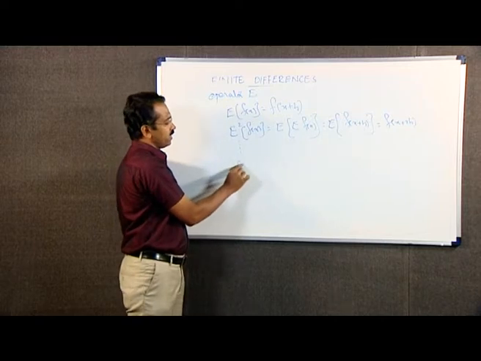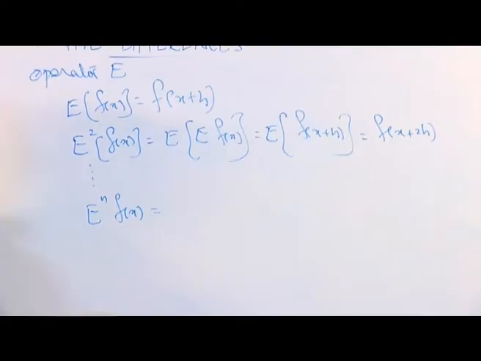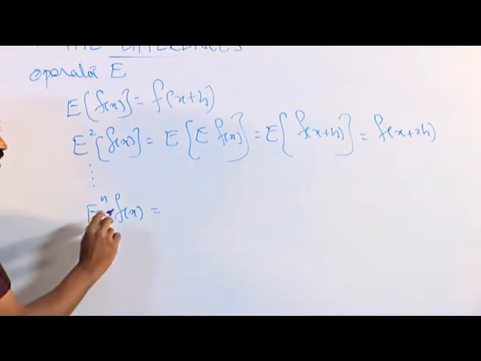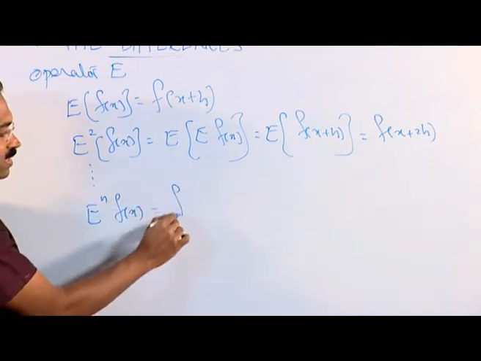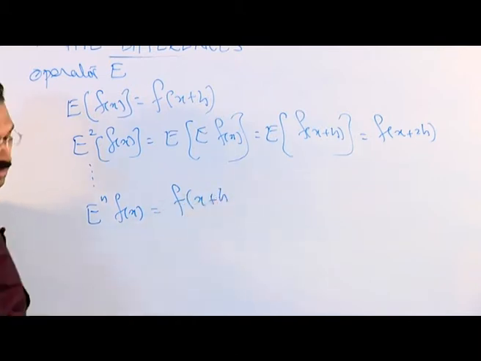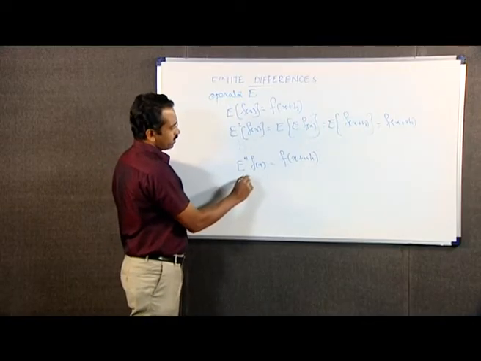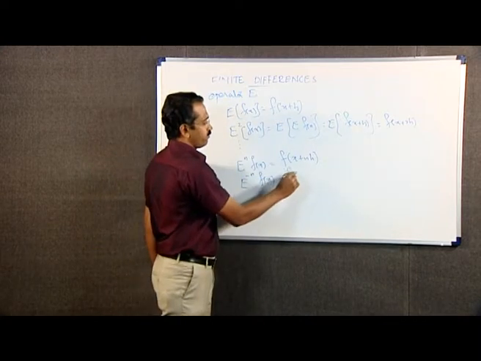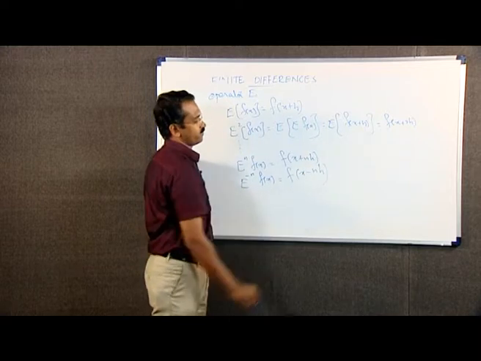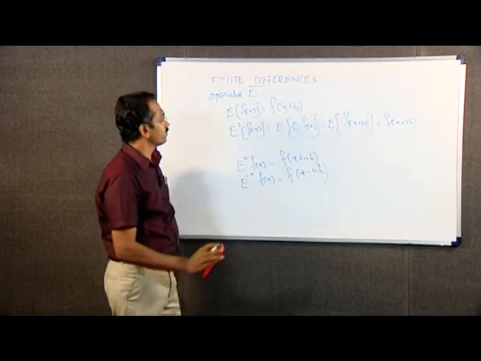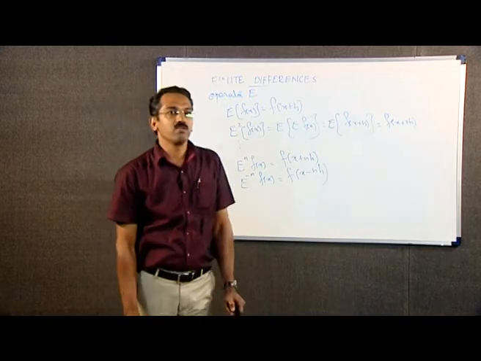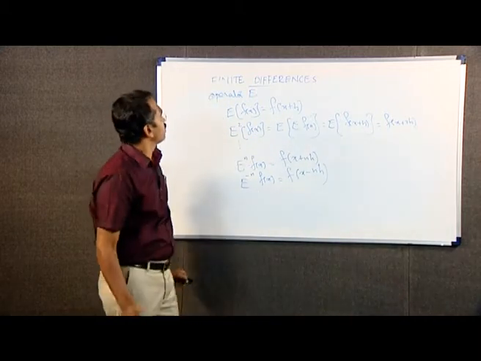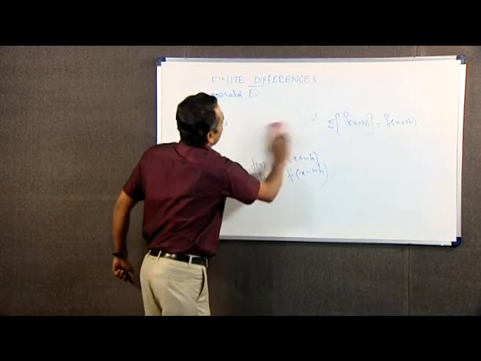Similarly, in general, E raised to n f of x can be defined as E raised to n f of x is equal to f of x plus nh, and E raised to minus n f of x is equal to f of x minus nh. The properties of shift operator are